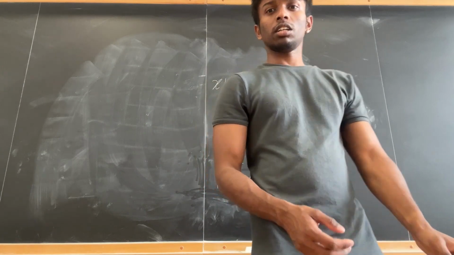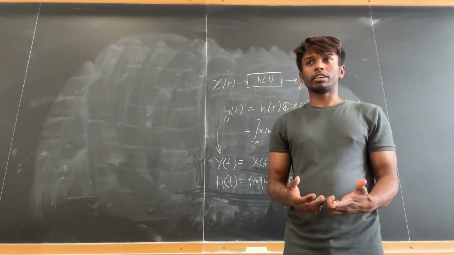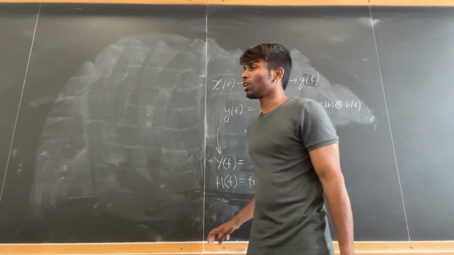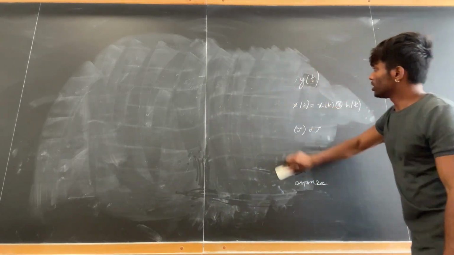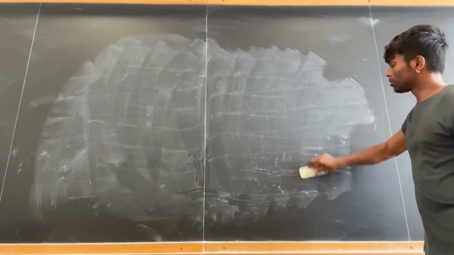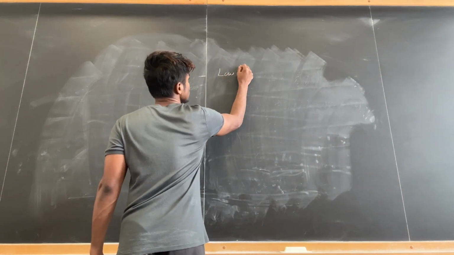Now what are other systems? Several types of systems, like a filter is a particular type of system. So a filter does some filtering operation on the frequencies. There are three types of filters. One is a low pass filter that only allows lower frequency candidates. So what is a low pass filter?